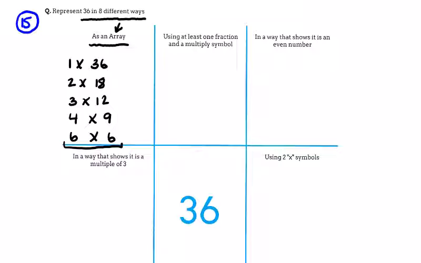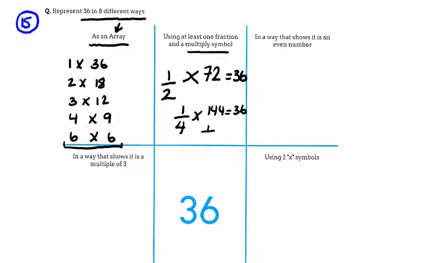The second one is using at least one fraction and a multiply symbol. So there's my multiply symbol. So something by something has to be equal to 36. Take any fraction. A half of 72 is 36. We can have a quarter by 144 and so on. A tenth of 360